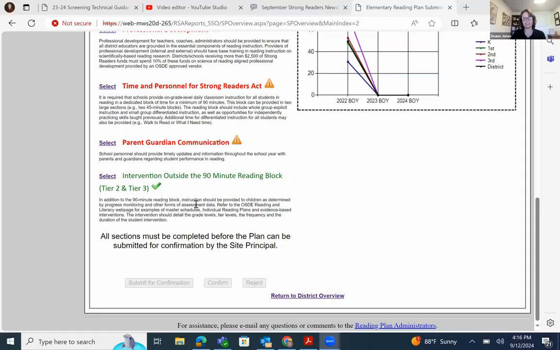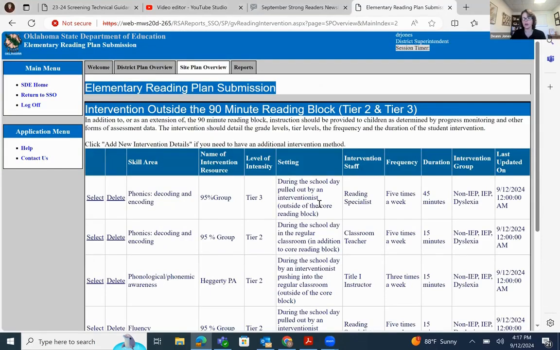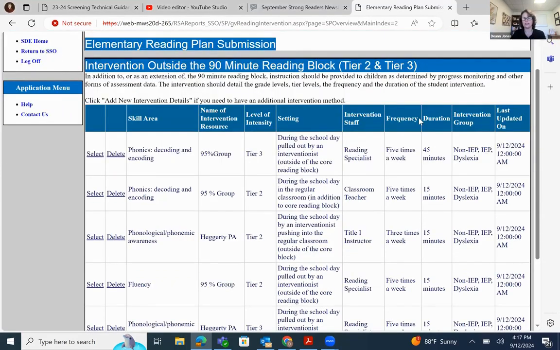The last section is the intervention outside of the 90-minute block for tier 2 and tier 3. So when you select this one, you'll see I've already entered quite a few different intervention blocks. This looks different than it did in previous years. Previously, we just entered these by tier 2, tier 3, but now you're going to be entering these by the skill area. So you'll see that I have entered several.